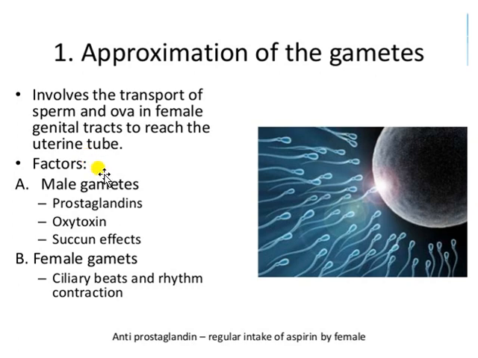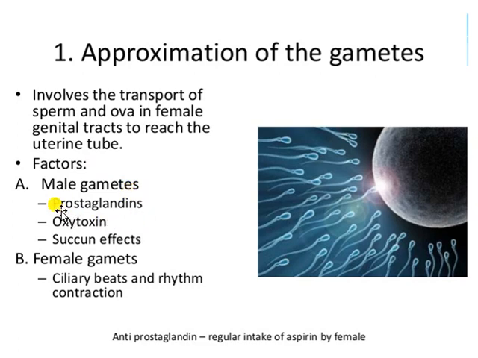And keep in mind, the ovum released by the ovary during ovulation also arrives at the same region where the sperm reaches, and after that the further fertilization mechanism takes place. Now there are some factors which control the male gametes as well as the female gametes for their approximation. So what are the factors?